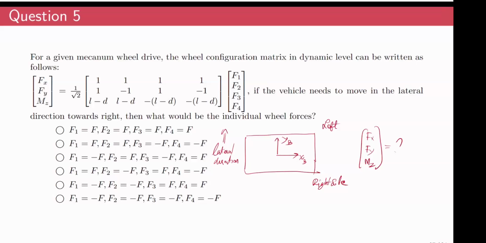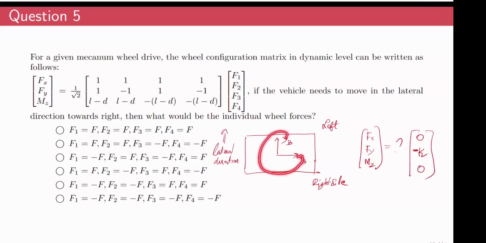Right? It should move in the right direction. It should move towards the right direction. So it should not have any net force along x direction, right? So Fx should be 0. Fy should be some negative constant, right? Because the right side is actually aligned with the negative YB axis. So Fy should be a negative value and Mz should be 0 because we do not expect any rotation